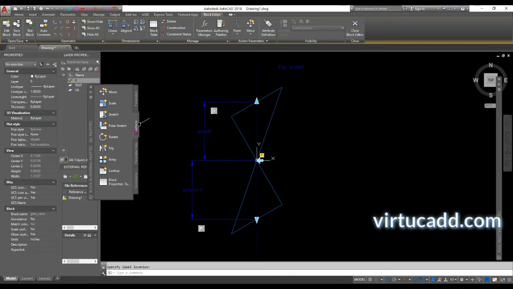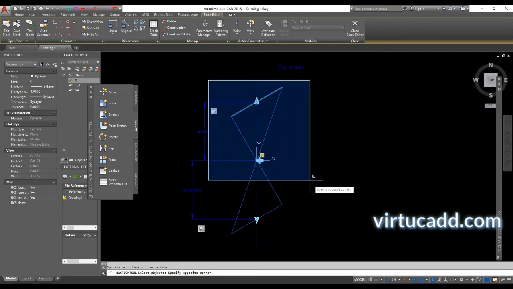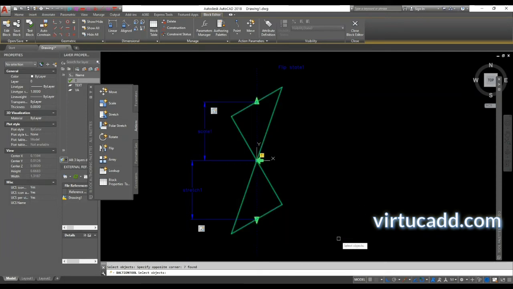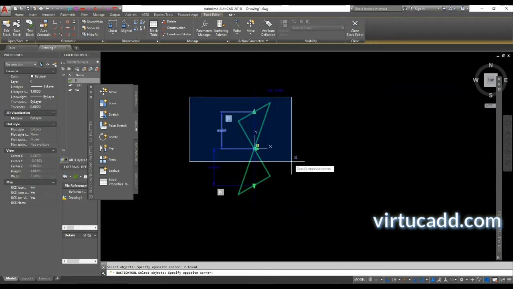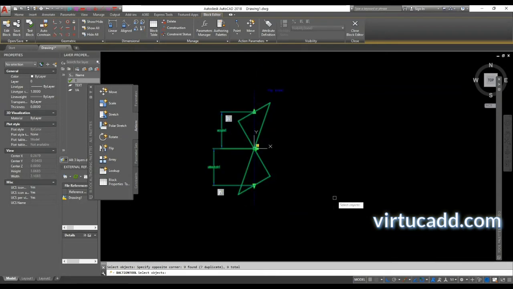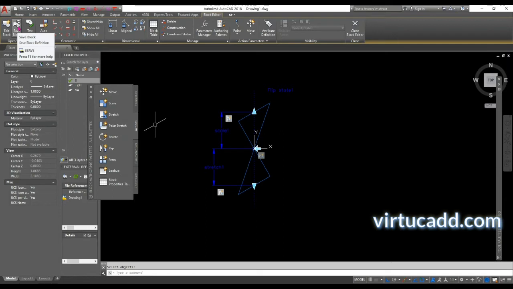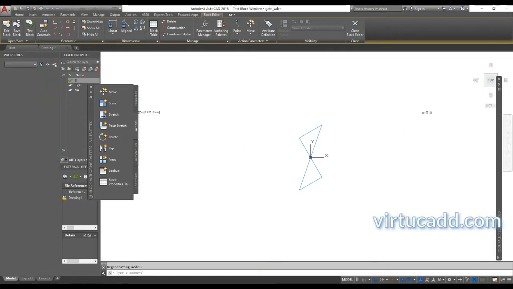We will come to this action tab and choose flip, select the parameter, we will select this, select objects, we will select all these objects, and we will select all again and enter. Yeah, now flip is applied. So let us check whether it's flipping around that or not. Save the block, test the block.